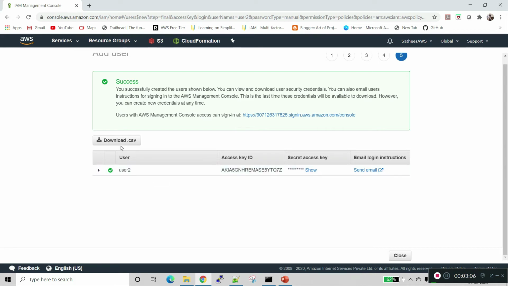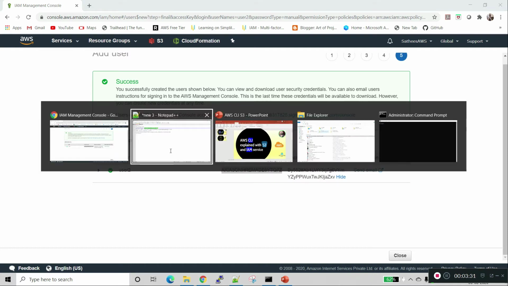The important point is that we need to download the .csv file, which has the user's access key ID and secret access key for programmatically logging into AWS. We can't regenerate this, so we are supposed to note it down, send it by email to the user, or download the CSV file.